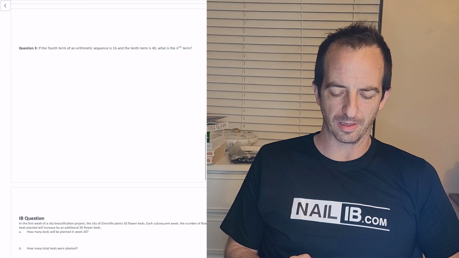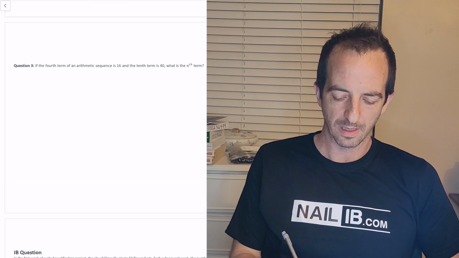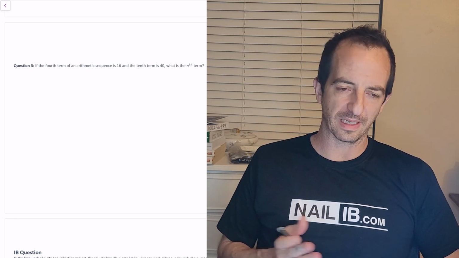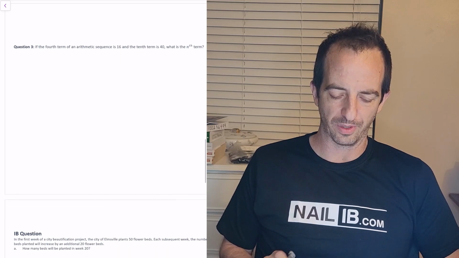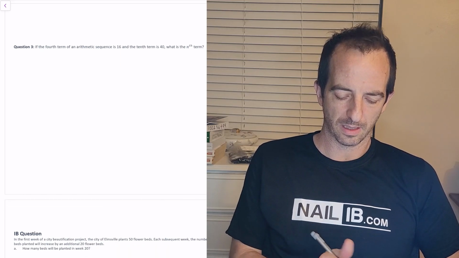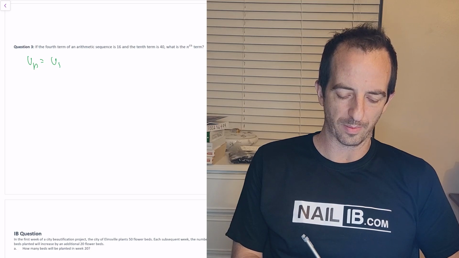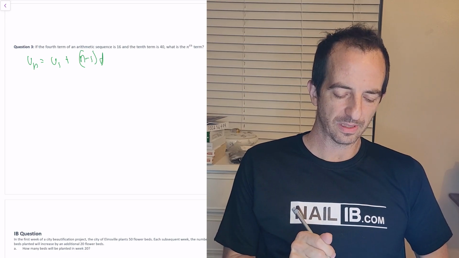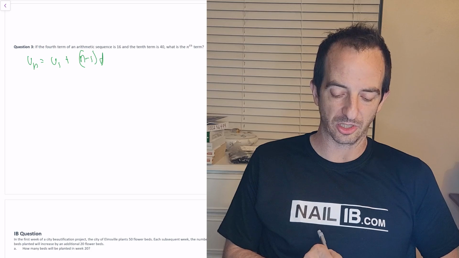Right, this is testing a little bit more, maybe another idea, or testing you in a different way, where they give you different elements in the series, but not the first element. So when you don't have the first element, maybe you have to do a little bit more work, like we'll have to do here. And I'll use that nth term u_n is equal to u1 plus (n minus 1)d. Remember, this formula is given to you. And I'll use this information in order to get this general formula that they want us